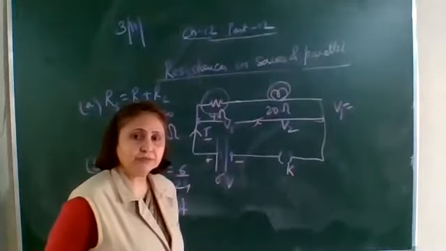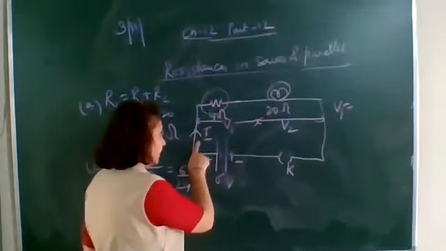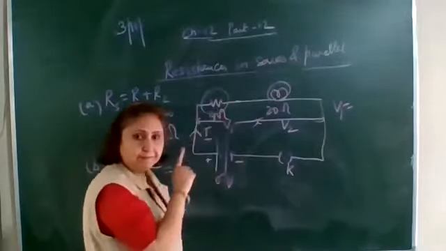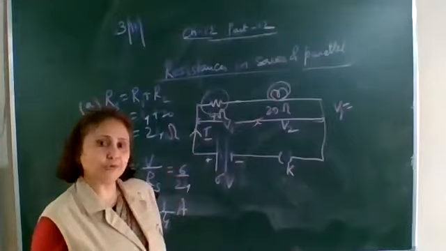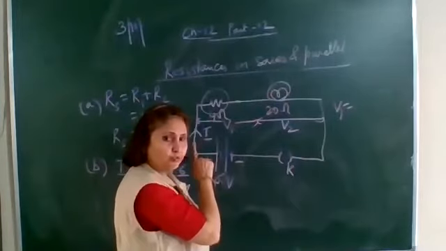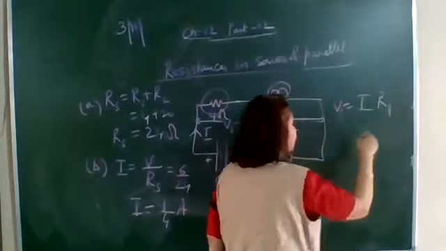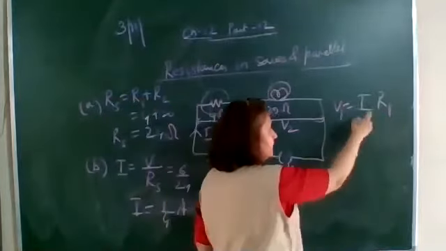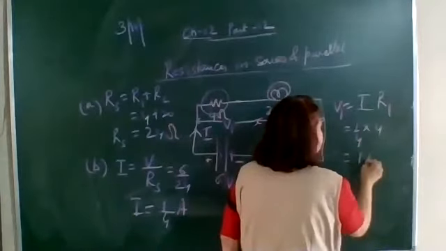What is the current flowing? We know that in a series combination the current is the same. So whatever current, 1 upon 4 ampere, is given by the battery will flow through the 4 ohm and the same current, 1 by 4 ampere, will flow through the 20 ohms also. So the current through the 4 ohm resistance is I only, and the resistance across which V1 is there is 4 ohm, that is R1. So here I is 1 upon 4 and R is 4.